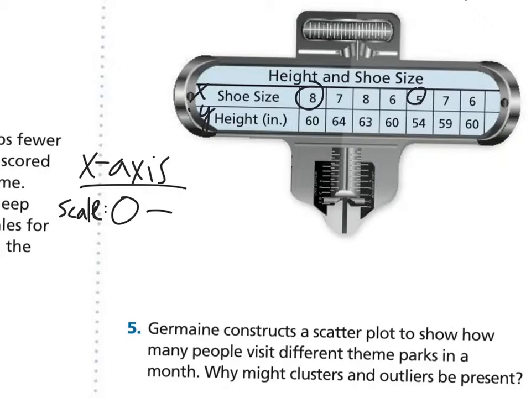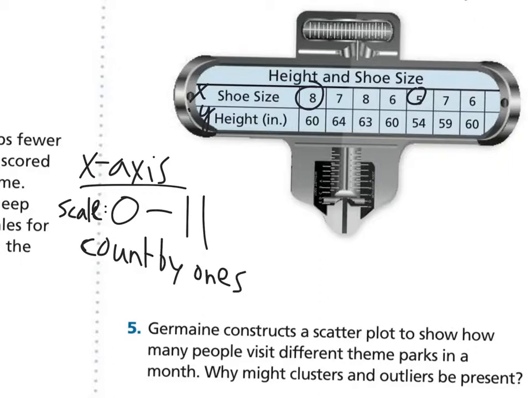I know with kids' sizes, it goes to 13 and then goes back to 1 or something like that. It's kind of strange, but anyway, going to 10 or 11 for the scale would be fine. And then you could just count by ones